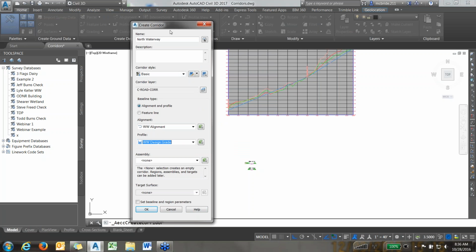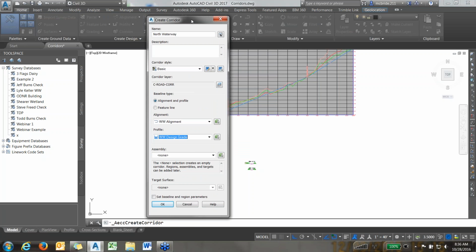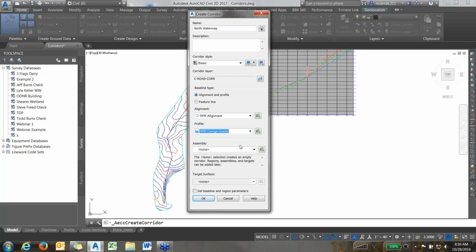That's my design grade. Okay, so that's the one I'll pick, and then I have to choose the assembly I created in the previous step that's going to represent my waterway size. And for this one, I'll just choose 40 foot wide, 1.2 foot deep